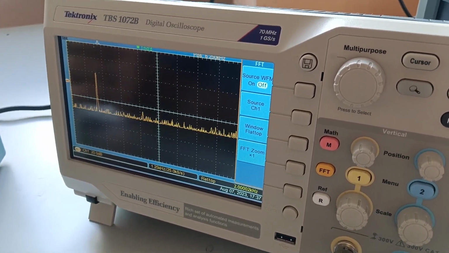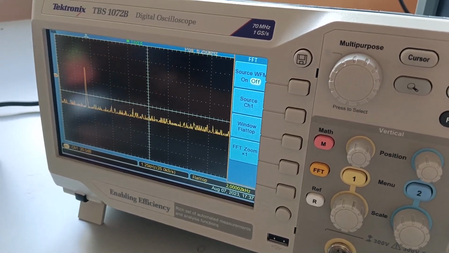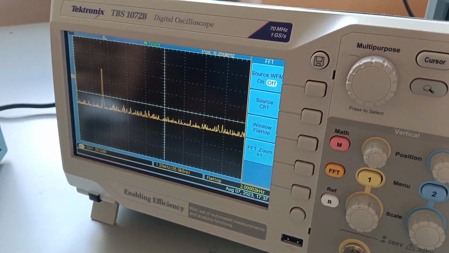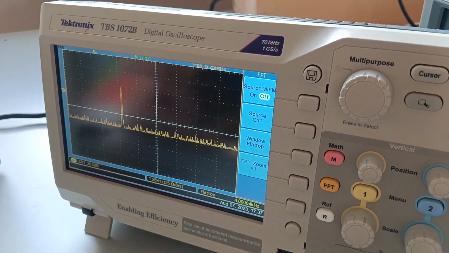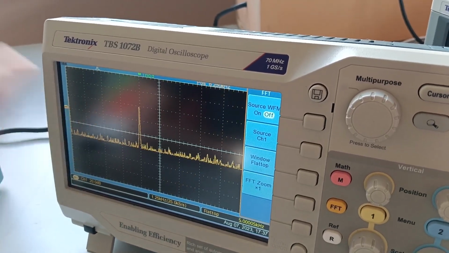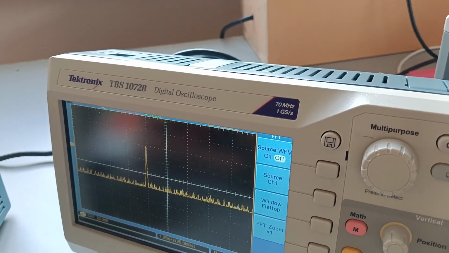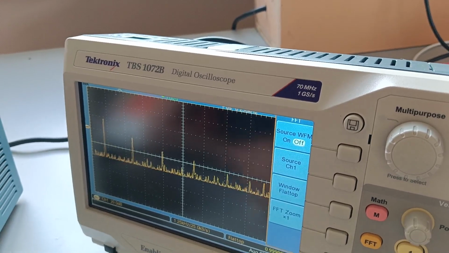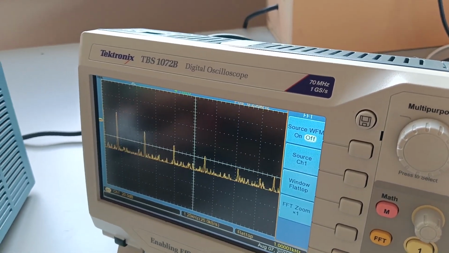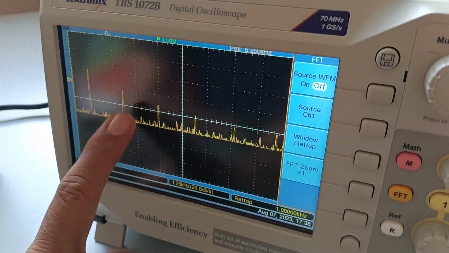Okay, if I make this 3 kilohertz, it jumps to 3 kilohertz. If I make 4 kilohertz, it goes to 4. If I make it 5, it becomes 5 kilohertz. That is because I gave a sine wave. What if I give a 1 kilohertz ramp? You know what is a ramp? It's like this. And you can see that now, not only do I have the fundamental frequency, I have omega